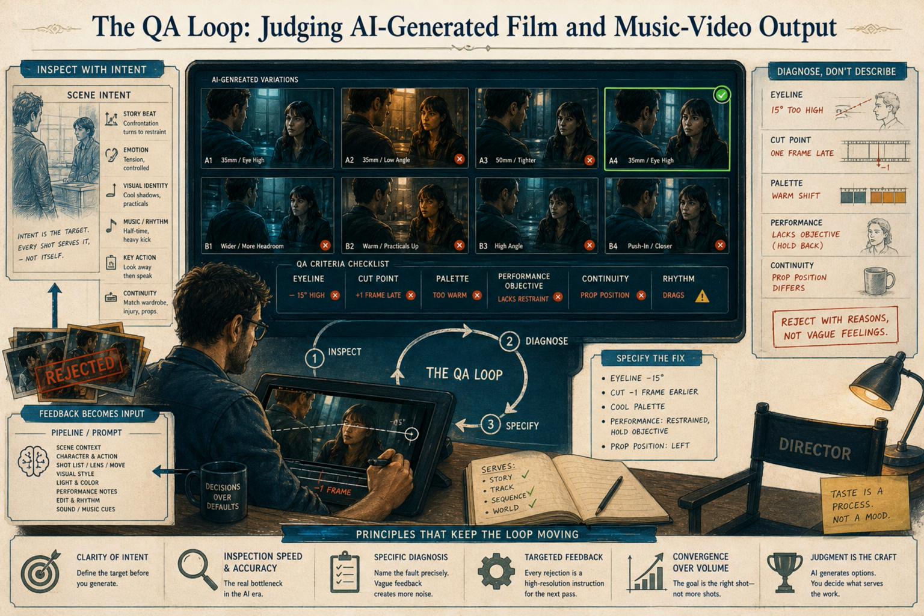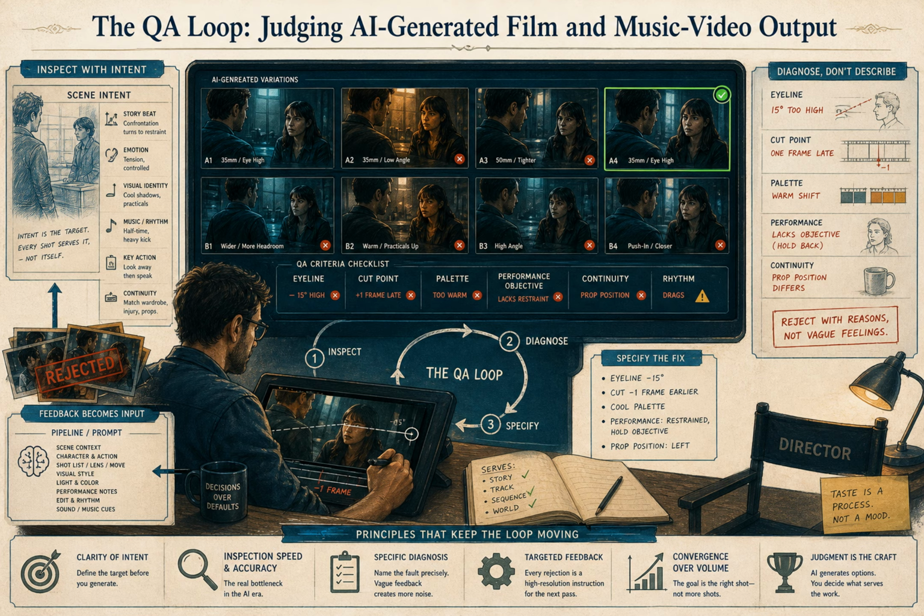You can even direct the machine with reject criteria up front. Say what to reject, not only what to create. Reject if eyeline is above horizon. Reject if palette shifts warm. Reject if motion blur hits the face on the hold. Even when nothing auto filters, those rules train your eye to judge faster. And when continuity is the problem, text is weak. Use a reference still from an accepted shot to anchor palette, framing, and eyeline.